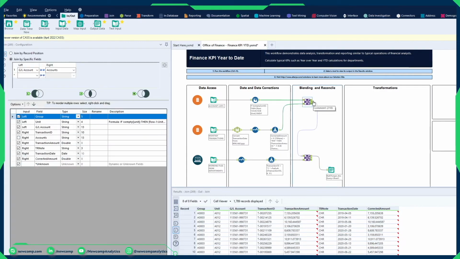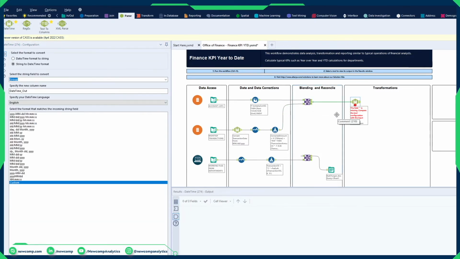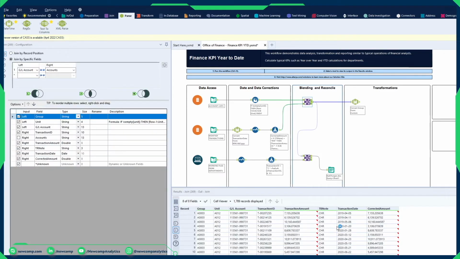Inherently, though, I still want to calculate my year-to-date, my transformations, and my year-over-year. So to do so now, I'm going to create some other columns off the data that we're still working with. I'm going to bring in a date-time tool here and connect it to my join data. What I want to do is actually derive a month and year column out of this transaction date. So to do so,